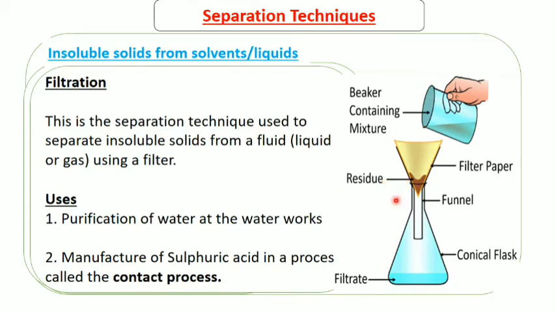So this is filtration. So in the purification of waterworks, the water that we drink is taken from lakes, rivers, and the likes. So this water has solid impurities, such as mineral salts, remains of dead animals, and the likes. So for this water to be drinkable, it has to have these insoluble solid particles removed, and that is done by filtration. So the water is passed through some kind of a filter paper,